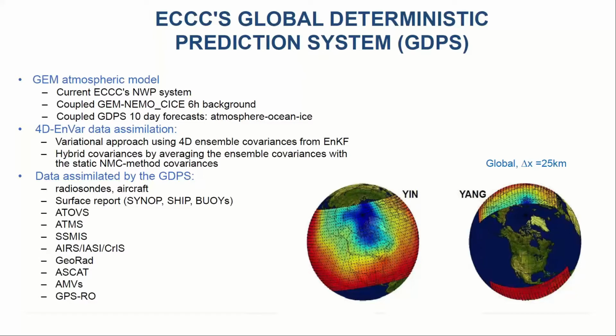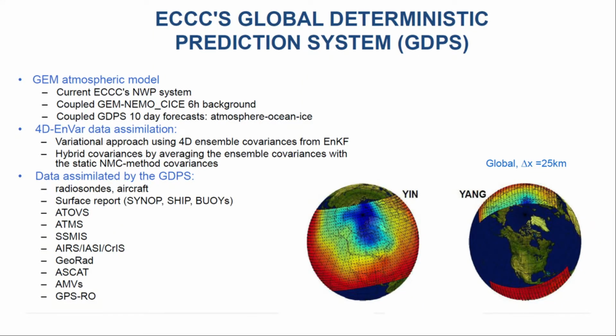The atmospheric part of our coupled data assimilation system is called the Global Deterministic Prediction System, GDPS, which is the operational atmospheric data assimilation system. The GDPS is built on the Global Environmental Multiscale, GEM, atmospheric model with a horizontal grid spacing of approximately 25 kilometers on a Yin-Yang grid. This is a staggered hybrid log-pressure vertical coordinate model with 80 vertical levels, and the model top is around